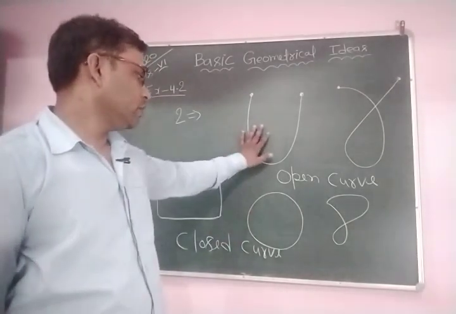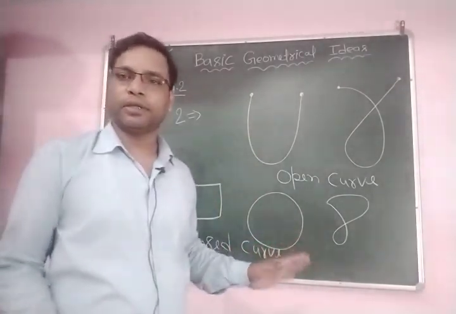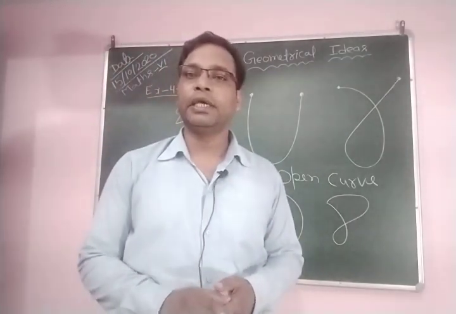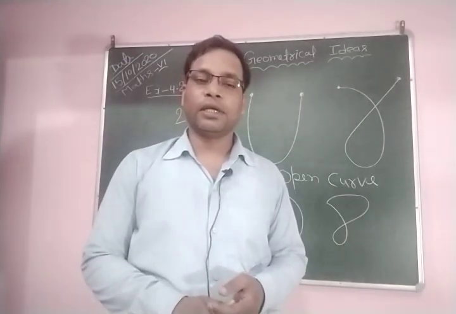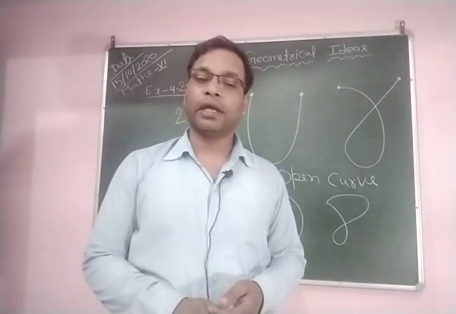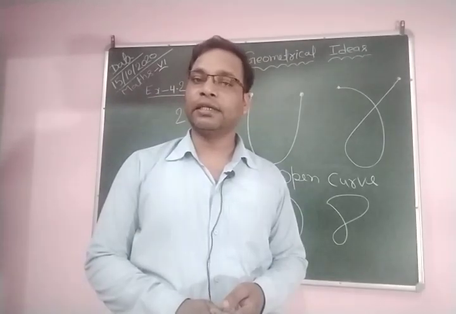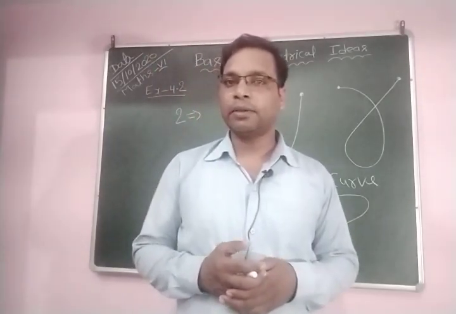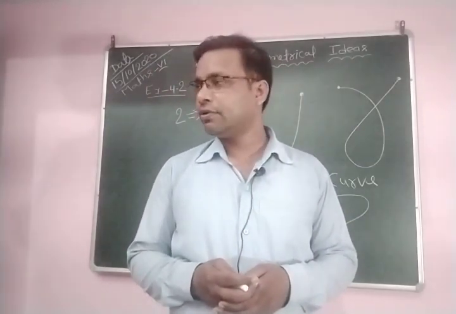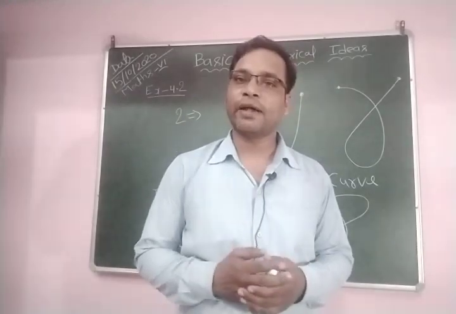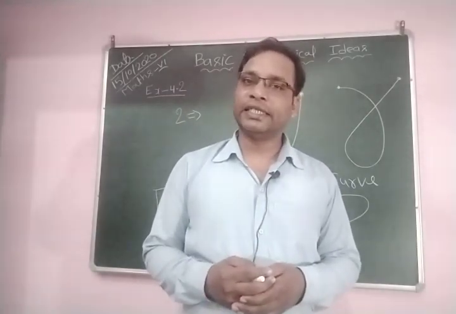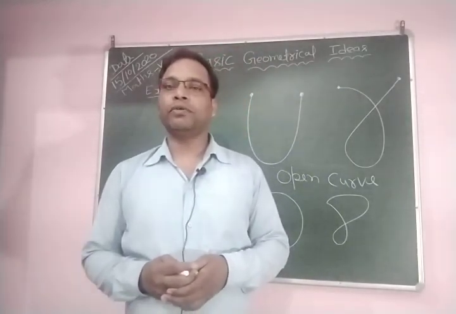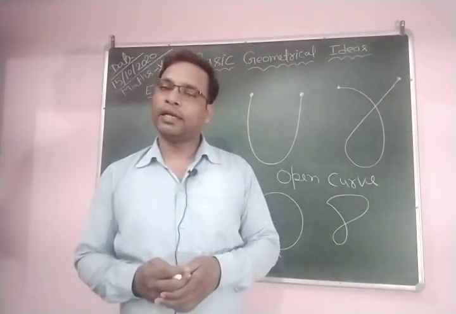Now, this is an open curve and a closed curve. You can draw such types of curves easily. Now question number 3 is: draw a polygon and say its interior. So first you need to know what a polygon is. After this you can draw polygons. If you don't know what a polygon is, then how can we draw a polygon and how can we say its interior? Okay, so a polygon is a simple closed curve made by line segments.